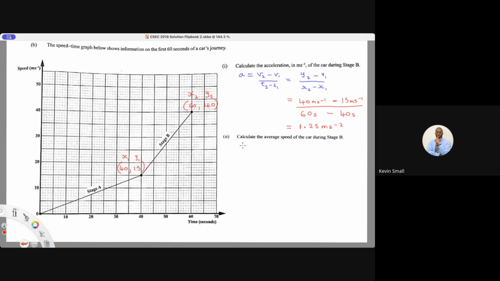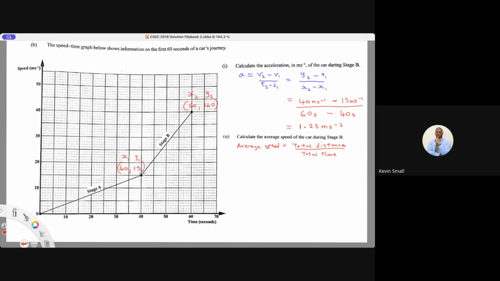Now remember, average speed is equal to total distance in stage B divided by the total time. Now they only want stage B itself. So to find the total distance of stage B, what you will do,